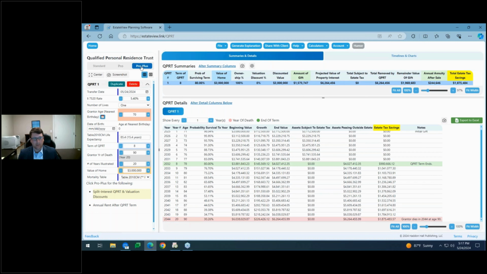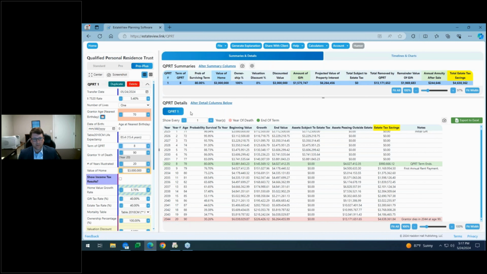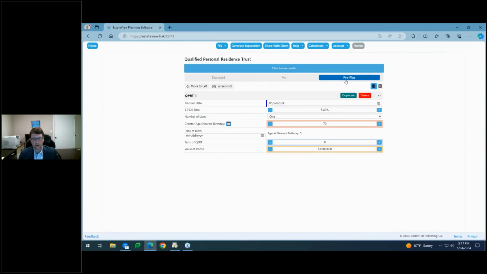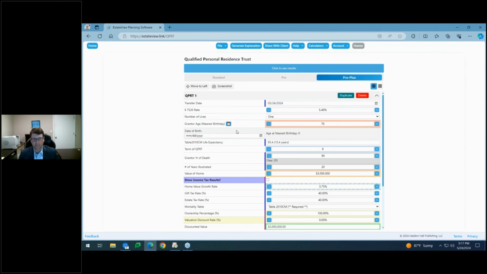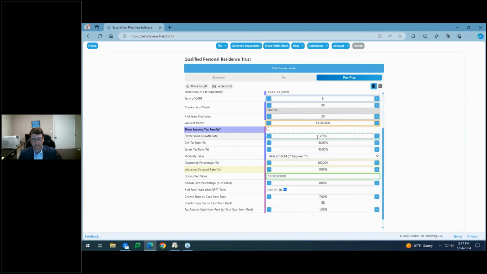Now, going to Pro Plus mode, there are a few more details that can be inputted into the software. So I'll start back over and go to Pro Plus mode here. Again, same assumption: 70-year-old client, 8-year term, will die at age 90. We've got the value at $3 million. We're going to show it growing at 3.75%, the gift tax rate at